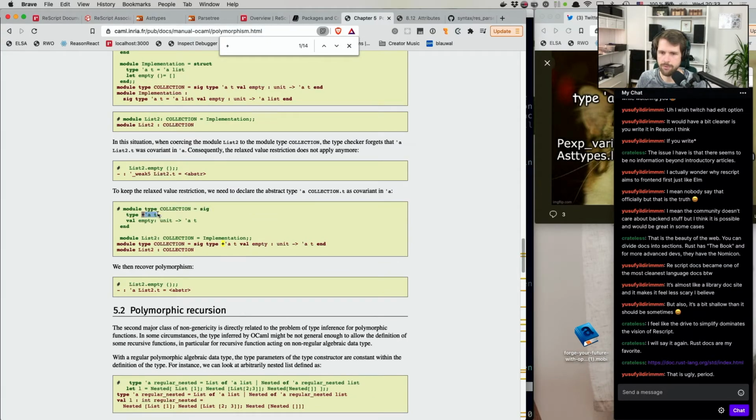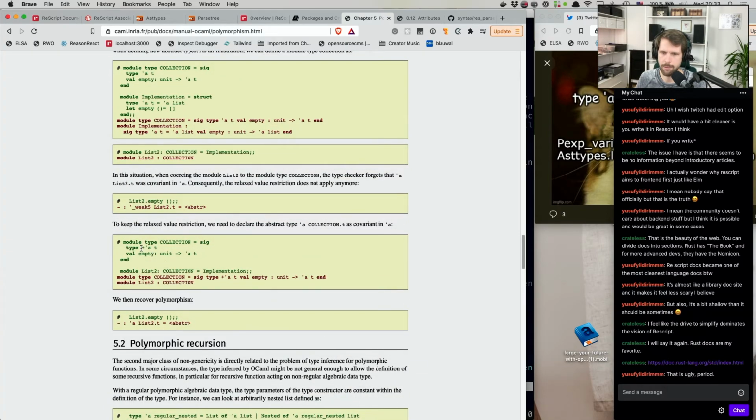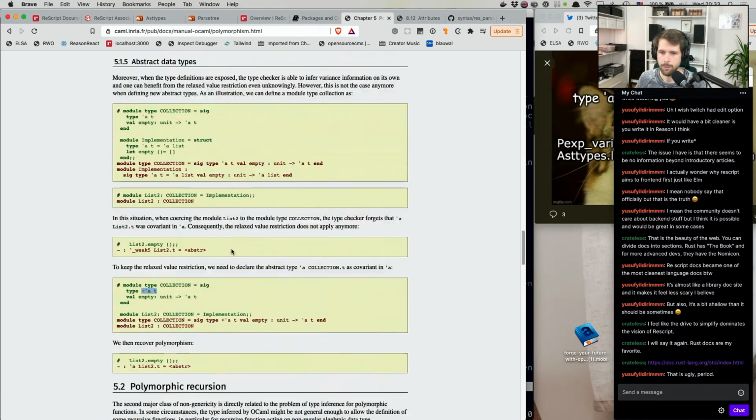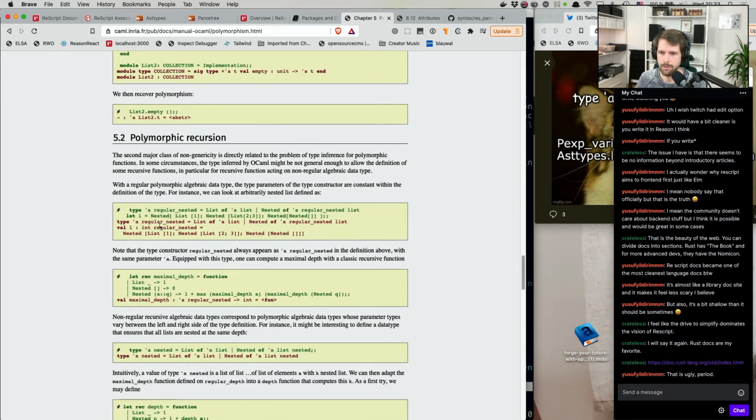So the plus a thingy right there, which means that's basically immutable, or establishes some kind of constraint that the values inside this type will not change. I wish they explained it a little bit easier, but this is, I think, how language developers talk about